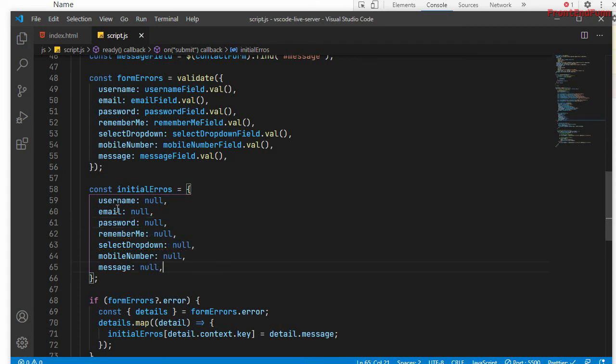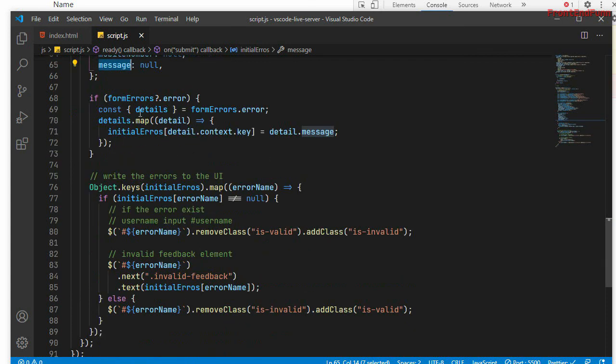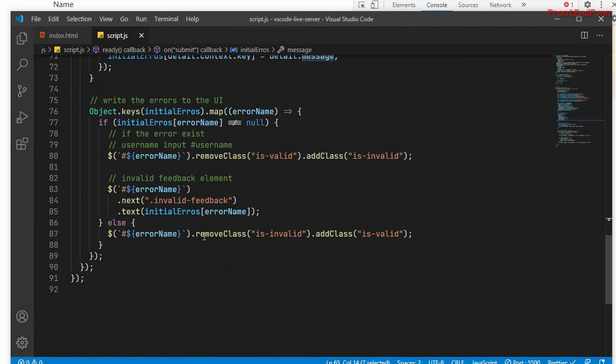Fine. So username, email, password. Initially all the fields will have a null message, and once we map through the errors and get the invalid feedbacks, then we'll be adjusting the classes here as well as the error text message here.